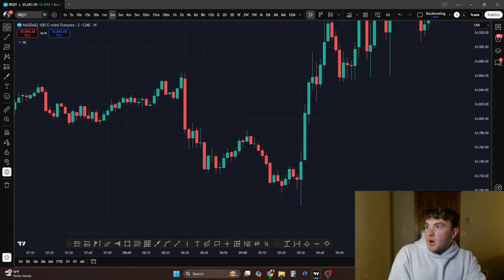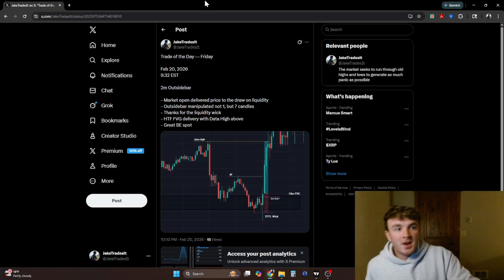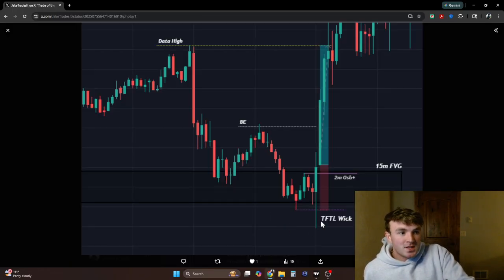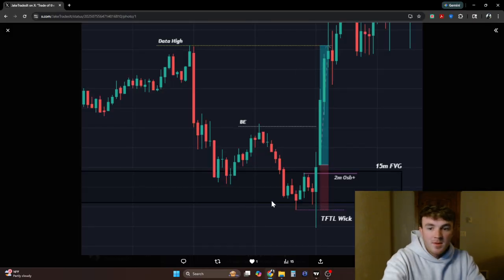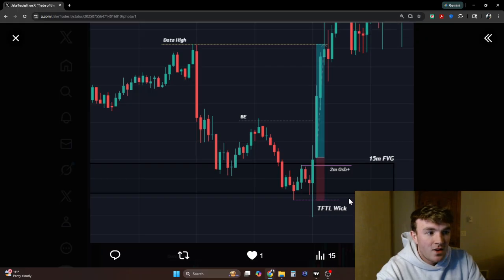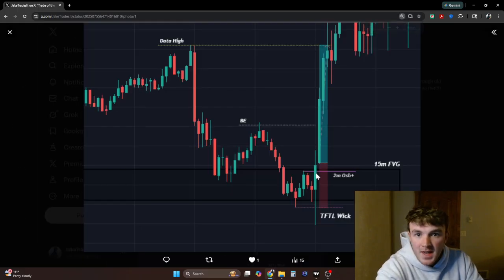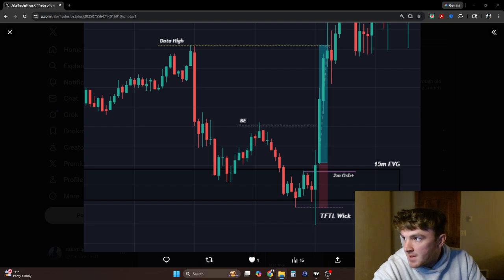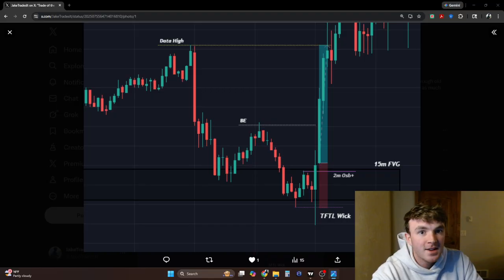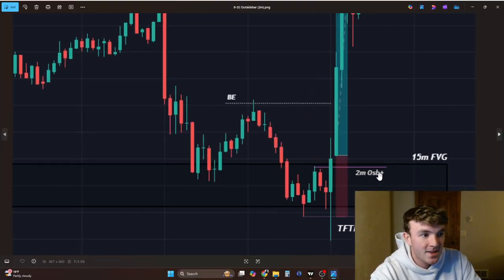Okay, so going into the market open with that in mind, we had what in my opinion was the trade of the day, which is very simple. It's an outside bar, right? If you don't remember what an outside bar is, you have a candle, and the next candle after takes both. Here, let me see if I can get a different image of it so I can zoom in. The candle after takes the low and the high of the candle prior. That is the definition of an outside bar.